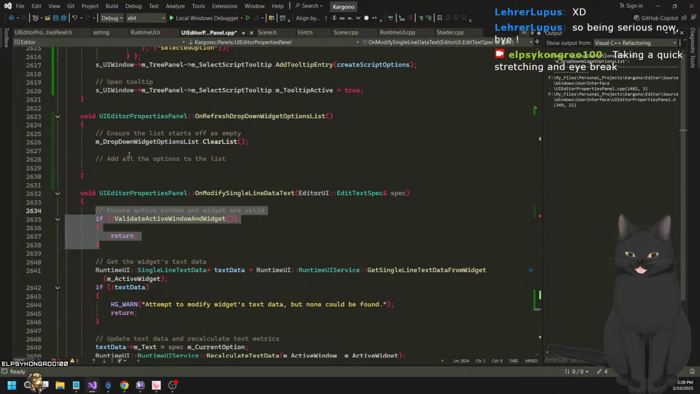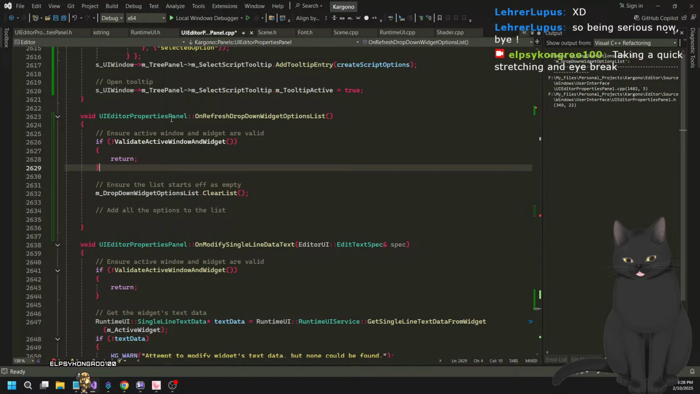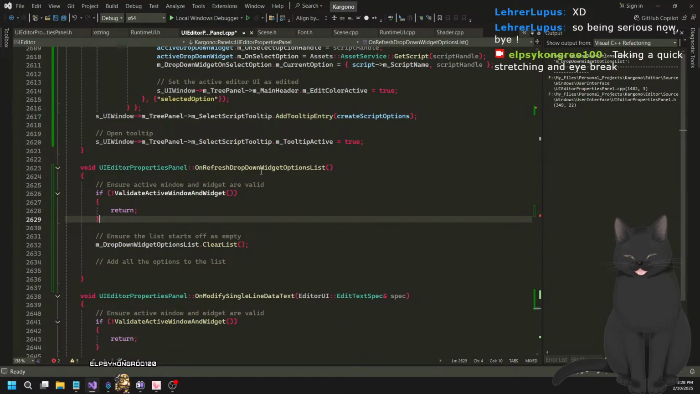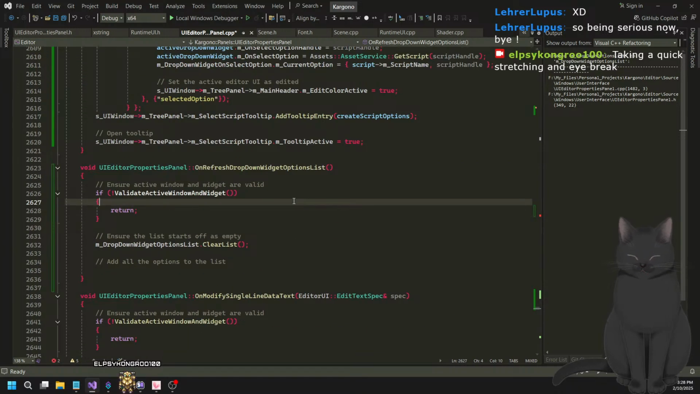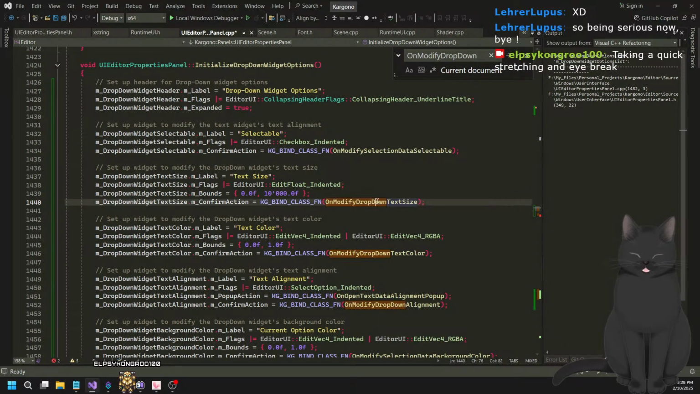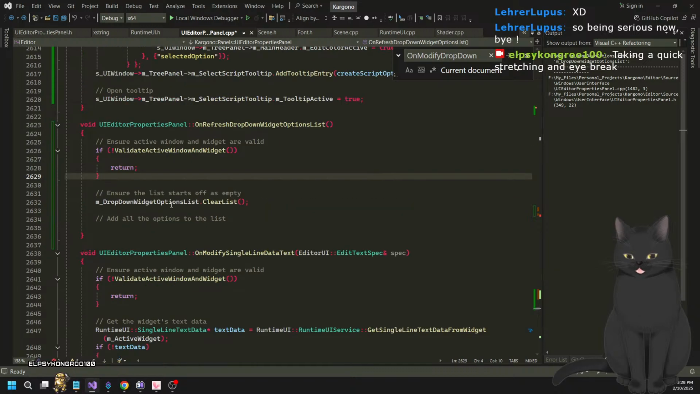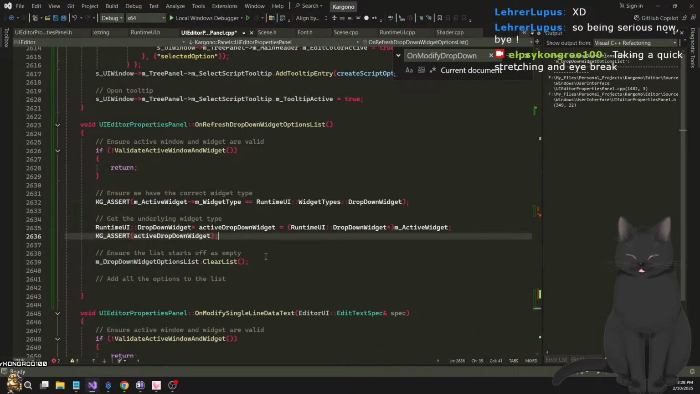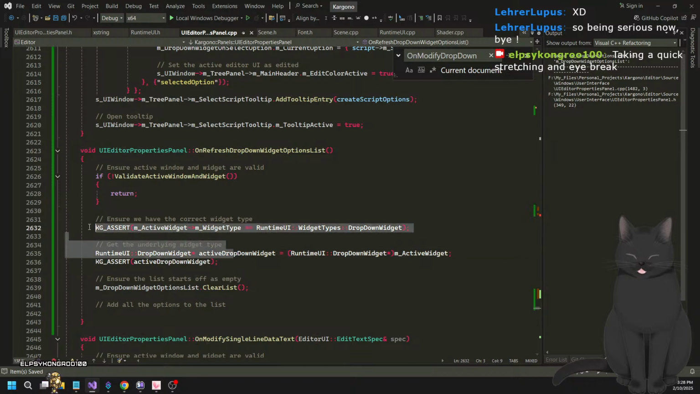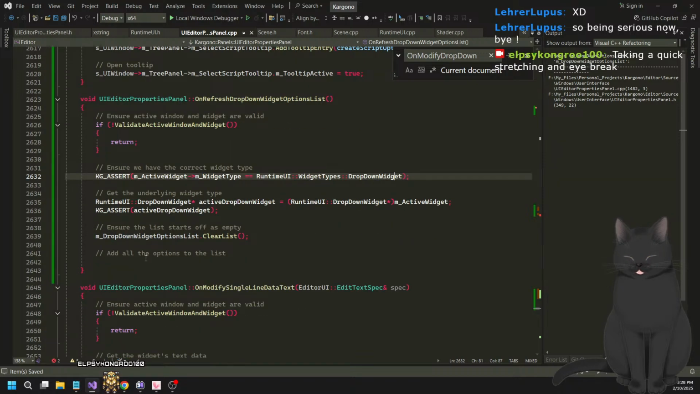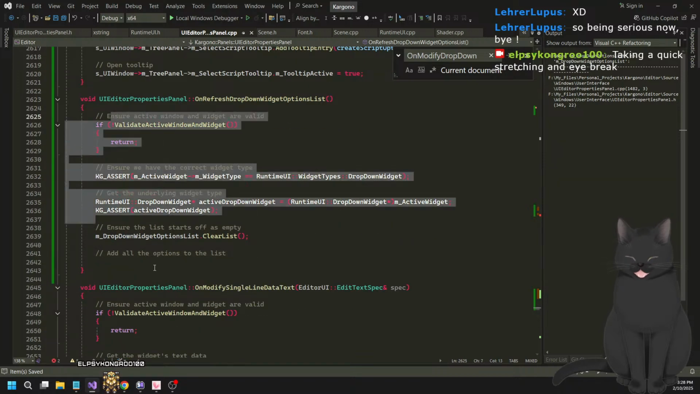We're going to validate the current widget like we do normally. And then the other thing we're going to do, we're going to look for the on modify drop down. Yeah, let's go here. We want this thing. There we go. Let's paste that over. So now we're validating that the active widget is a drop-down widget. It would be weird if we're calling this if it wasn't. And then at this point, once we're sure of all this, we can just do